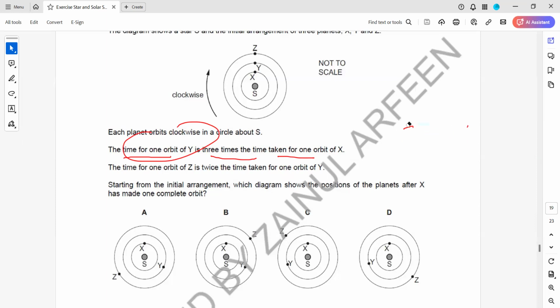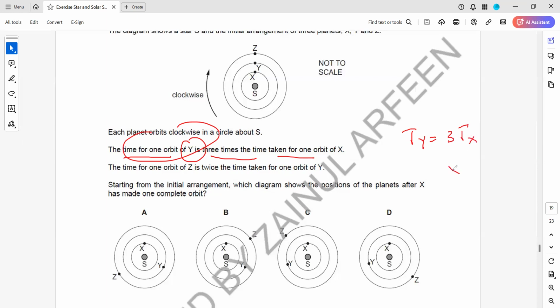So if we need the position, it means it is taking much longer time. As it is taking much longer time, the time for one orbit of Y is 3 times the time taken for one orbit of X. So time taken by Y is 3 times,